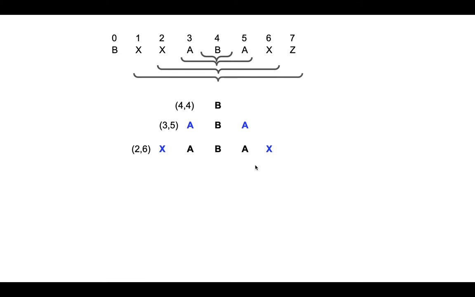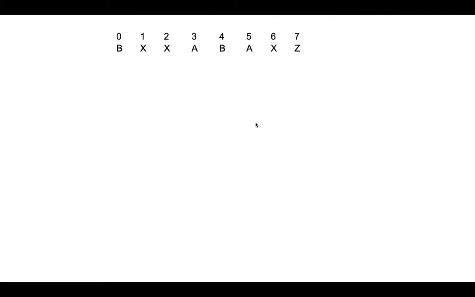Let's take another set of string starting from index 1 till 7. Now we can see that x is not equal to z. That means the string starting from index 1 till 7 is not a palindromic substring. Here we can simply see that we are reusing a result and avoiding a lot of computation. Let's take another example and understand how we can use this approach in dynamic programming.